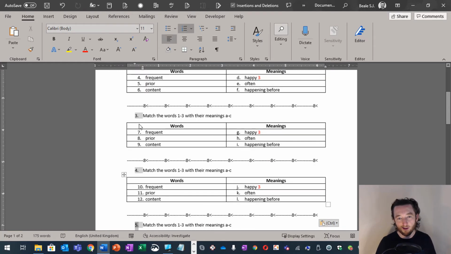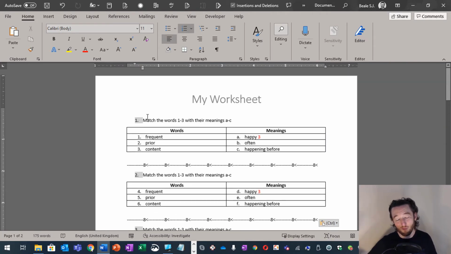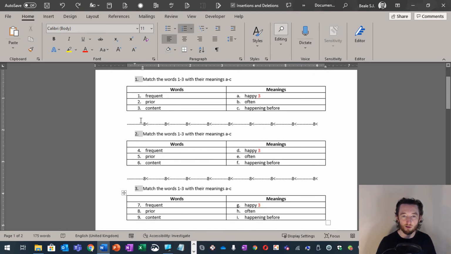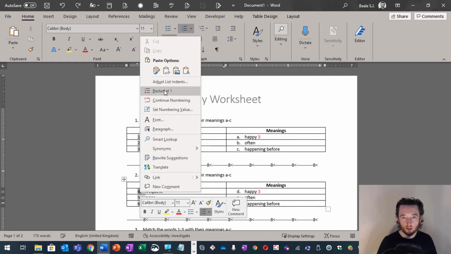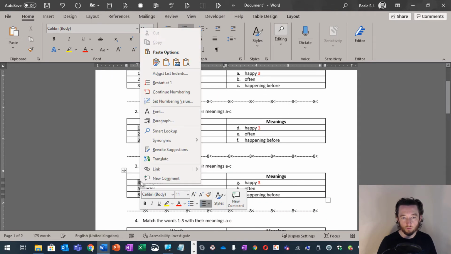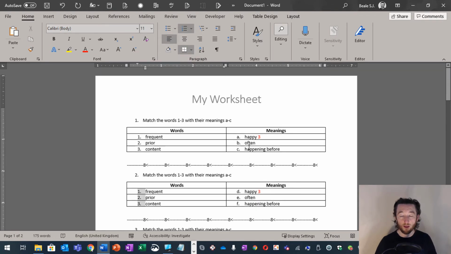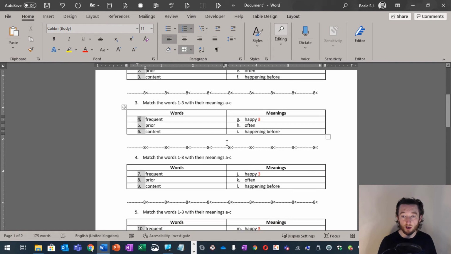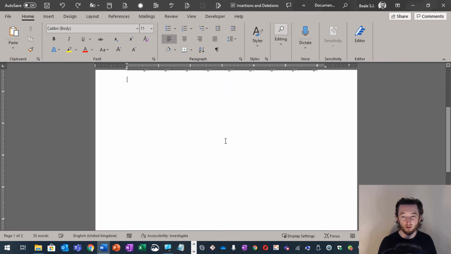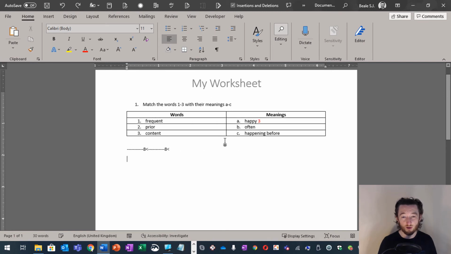Now this is a bit annoying. In this case, I'd started doing it for multiple exercises, but I could obviously just take that out. Okay. Just be aware of numbering, stuff like that. And here, if it does this, just restart at number 1 and so on, and work your way down. So that you could then save. Now you notice I haven't saved this because I'm just going to come back and continue making the worksheet. But you could have that, cut it up, save paper, save yourself time as well. If I undo those changes, however, because you'd always want to be saving your changes as you go,